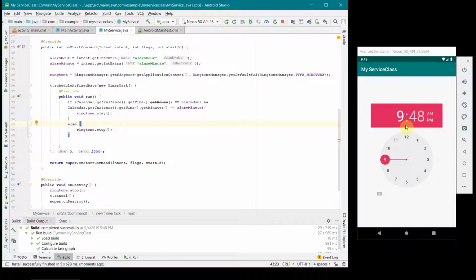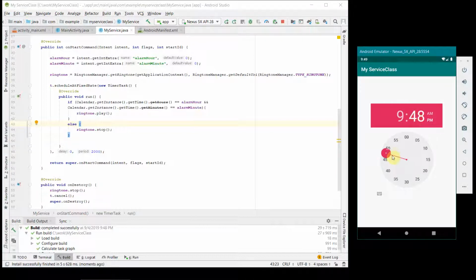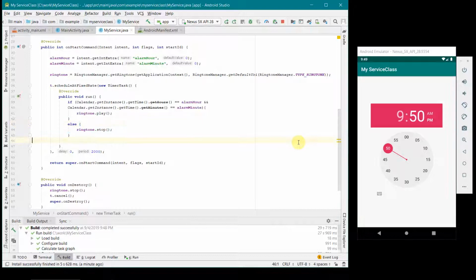So if you see, our alarm clock rang for a very small time, but it didn't stop. The reason for that is the time picker was 9:48 and the current time is 9:49. So if I change my time from 9:48 to 9:49, I expect it to ring. Bingo, so if you see it is working. If I change further to, for example, 9:50, it should stop, and that's what happened. It stopped. And I'm expecting the moment the current time of my system changes from 9:49 to 9:50, the alarm should start again.